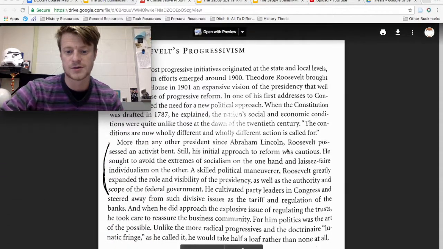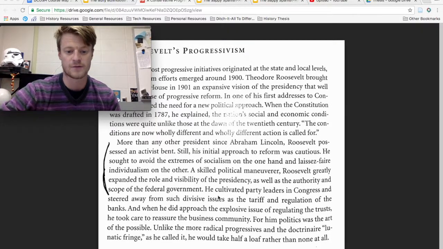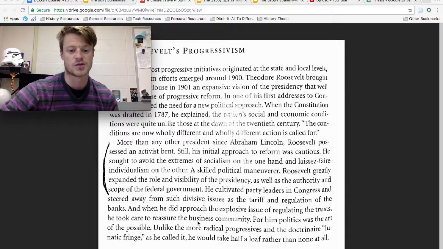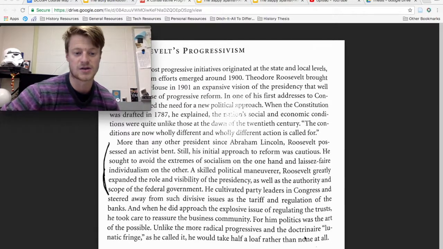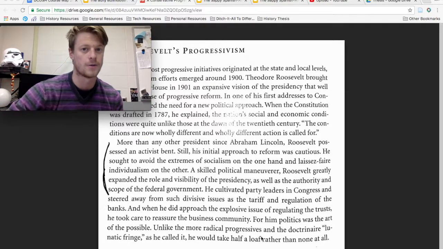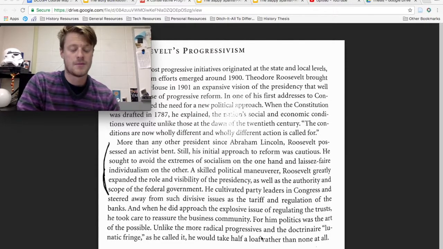Okay, so it says he greatly expanded the role and visibility of the presidency as well as the authority of the federal government. He cultivated party leaders in Congress and steered away from divisive issues. And when he did approach the exploitive issues of regulating the trusts, he took care to reassure the business community. So for him, politics was the art of the possible. Unlike the more radical progressives and doctrinaire lunatic fringe, as he called it, he would take half a loaf rather than none at all. And so this is why we can call him perhaps a conservative progressive,